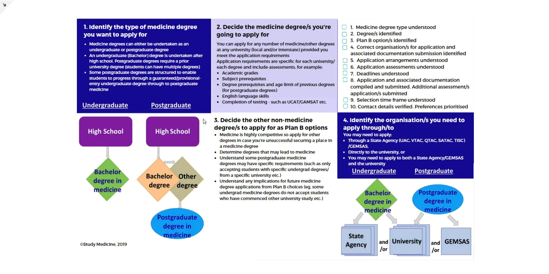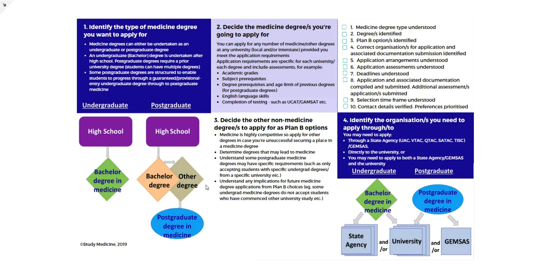Because medicine is highly competitive, it's really important to also consider your other options if you're not successful in your application for medicine. These other options may include, for example, starting another university degree, and that needs to be thought through, because if you're still wanting to apply for an undergraduate degree program in medicine, some universities require students to not have undertaken any other university study. Equally, if you're thinking of your Plan B as being going through a bachelor's degree through to a postgraduate degree in medicine,